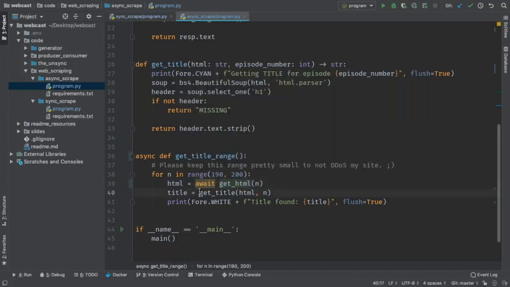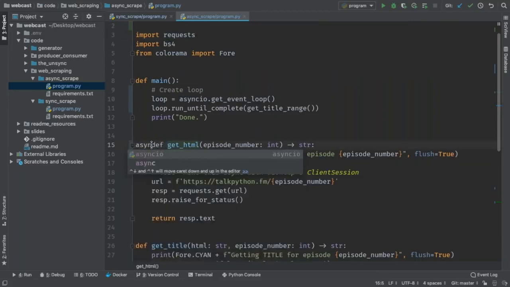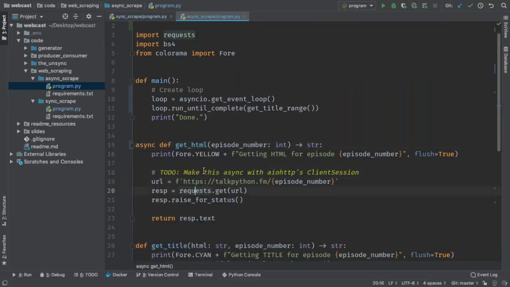The get title, we already have the string in memory, and we're just jamming on that, right? This right here is probably the other 5 percent, the 5% that we're not waiting is doing that. So there's no way or reason to make that async. Maybe multiprocessing, I don't know, but we're going for the low-hanging fruit of getting the 95% to go to 0. So then that means over here, this get has to be async. But hold on, requests is not async enabled. I can't do this.